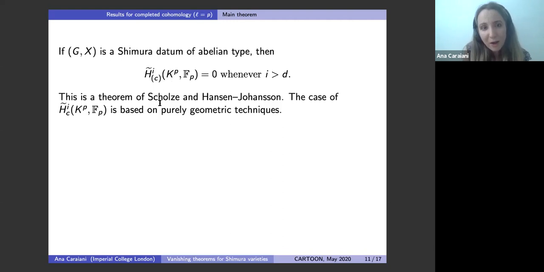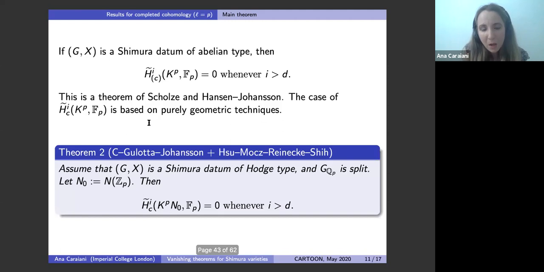It doesn't really use the Hodge-Tate period morphism. It uses perfectoid spaces, but it doesn't need this extra information. However, it turns out that if you want to prove some vanishing at some lower level, so you don't just look at infinite level at p, but maybe you want to consider this kind of ordinary completed cohomology. So for example, when you have a split group and you choose your N0 to be the Z_p points of the unipotent radical of the Borel, it turns out you can prove a vanishing theorem even at this lower level, and at all intermediate levels between this one and this one, using the geometry of the Hodge-Tate period